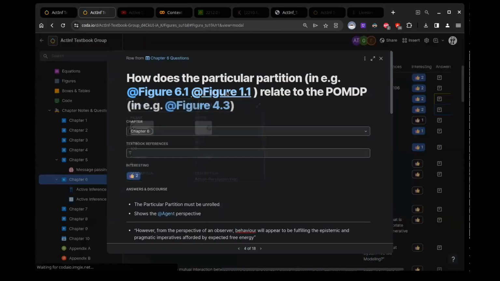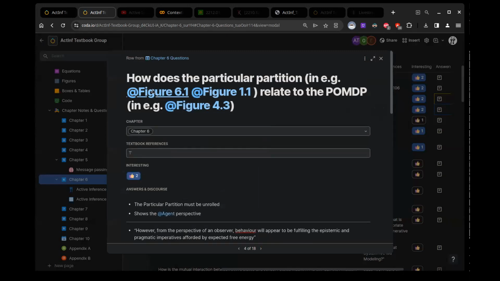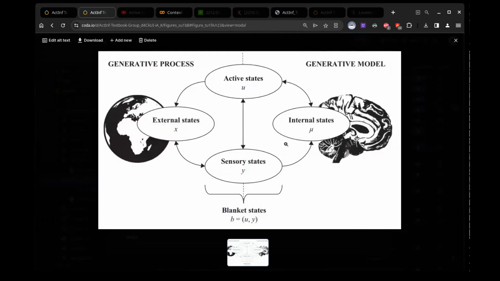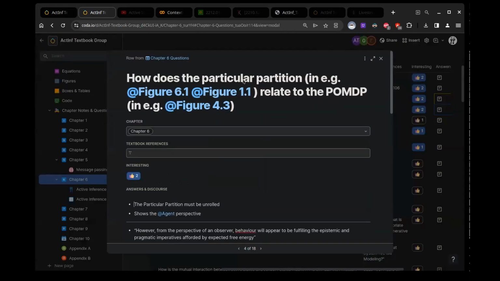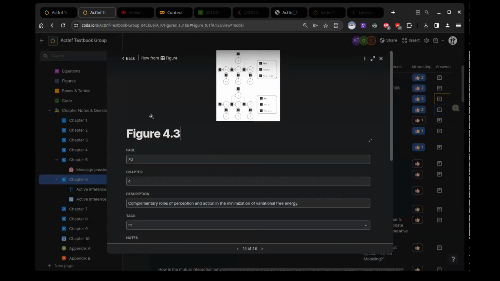So we see sometimes a simple action perception loop, and other times we see the more expanded particular physics. But then this question asks, how does the particular partition relate to the partially observable Markov decision process in figure 4.3? So where did the Markov blanket go in figure 4.3?